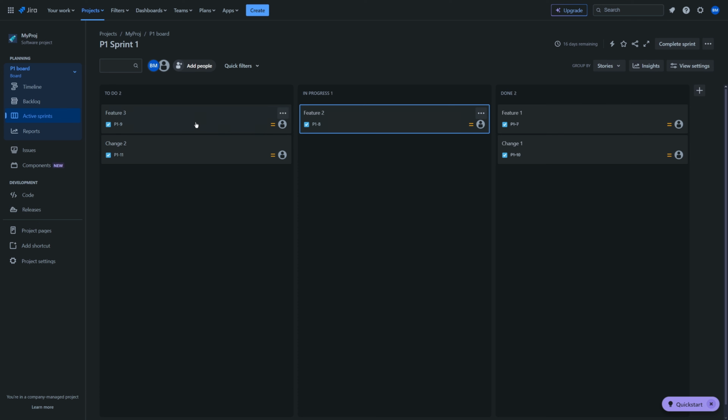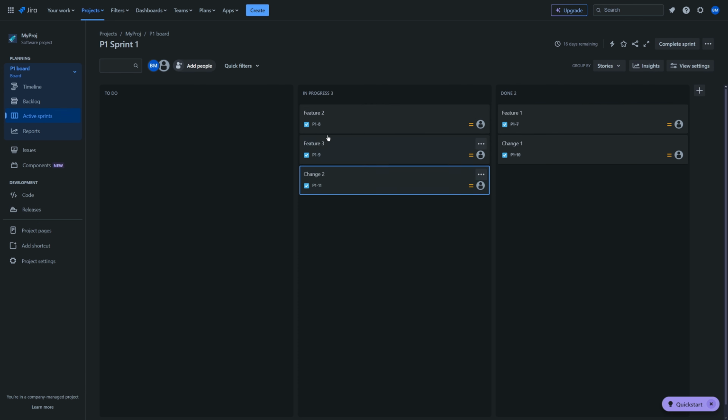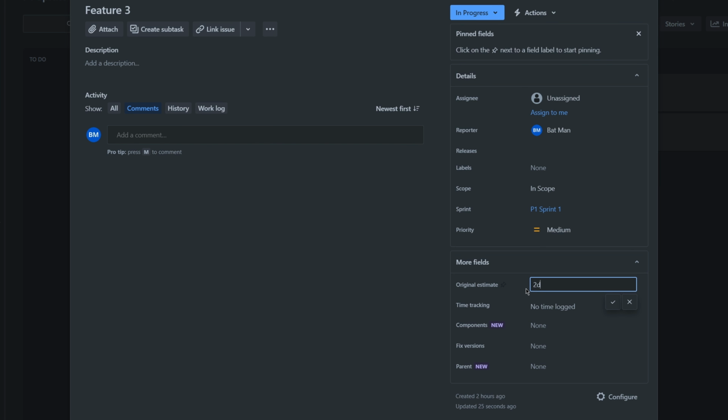But you might ask, are these numbers really convincing? And you're absolutely right. It's not really watertight to just take the number of tickets into account. The real fun kicks in when adding times. So let's move some tickets to in progress and add some estimates, like a couple of days. And let's track some hours.